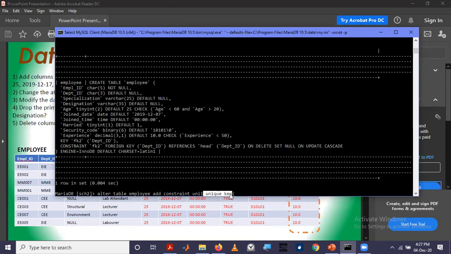This is the constraint, unique key. Then we have to give the attribute name. What will be unique? We are going to make employee ID unique. So alter table employee add constraint. This is the constraint name. This is the constraint.